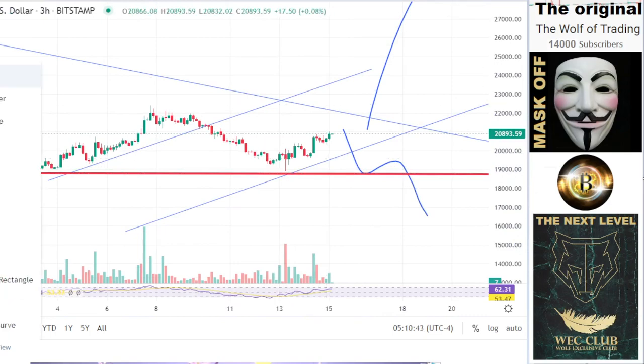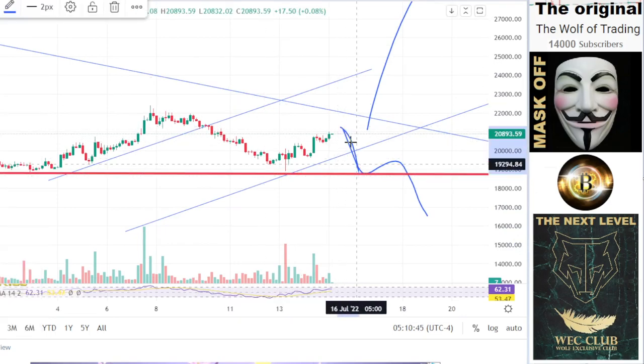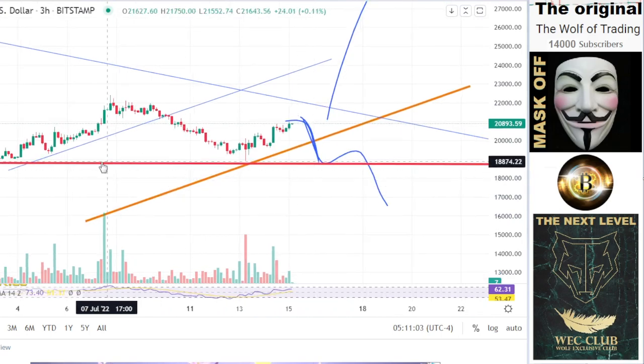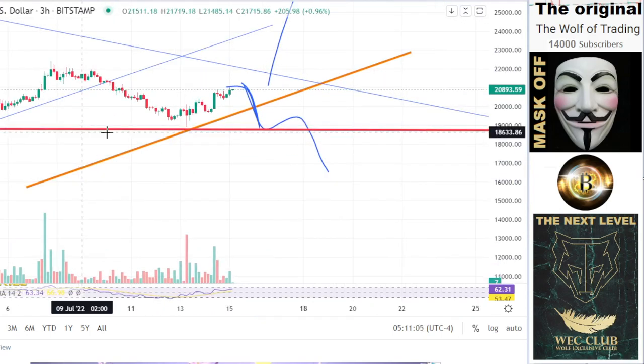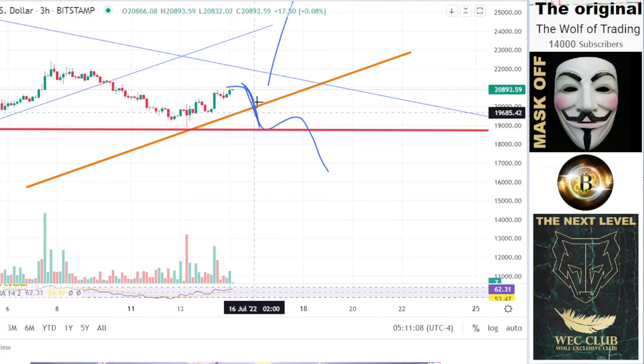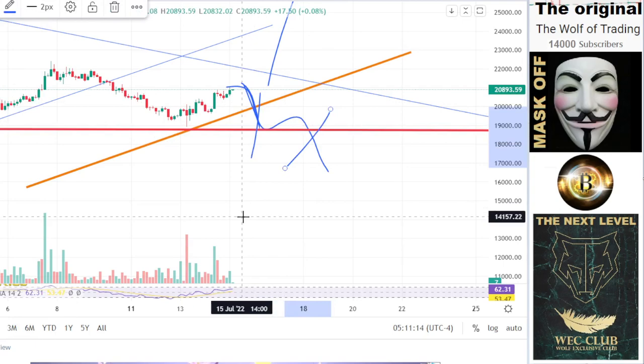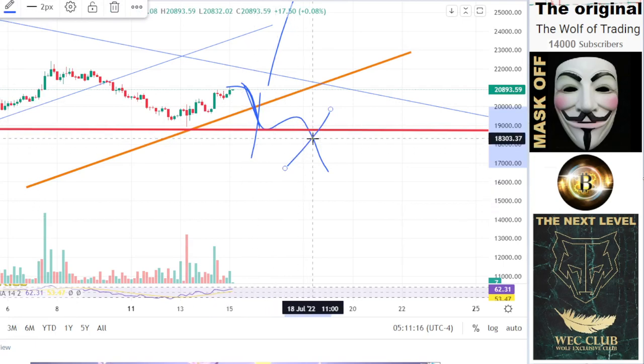If it goes more to the downside like this, then we break this second structure. I make this in orange so that you can see this. And if we break this, then for me it is relatively clear, 80-90%, that the price will go to the downside. This was the first channel. Then you can see if this breaks, then we break the second channel. And if this breaks, then the third channel here, and then you can forget it. If the price is going to 18,300, then you can forget the Bitcoin price.